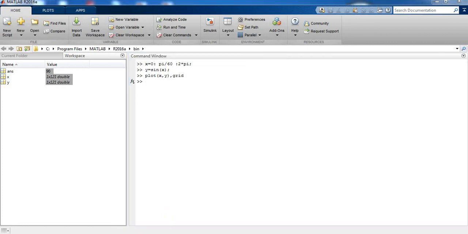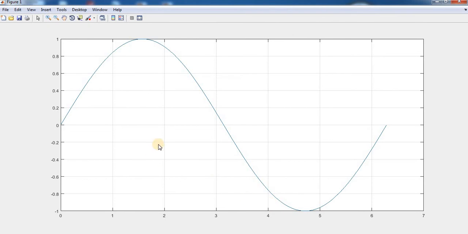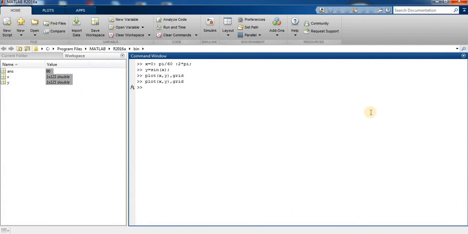So we can see the plot, and now we label this graph. Now we label this graph by typing title sine function.